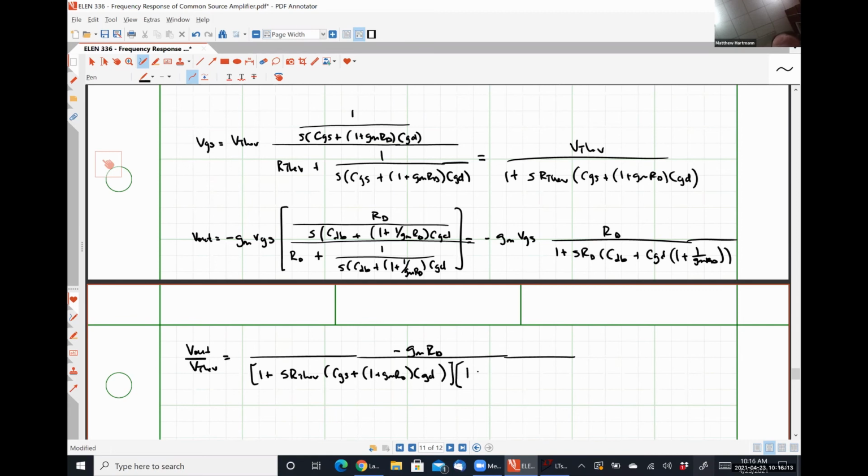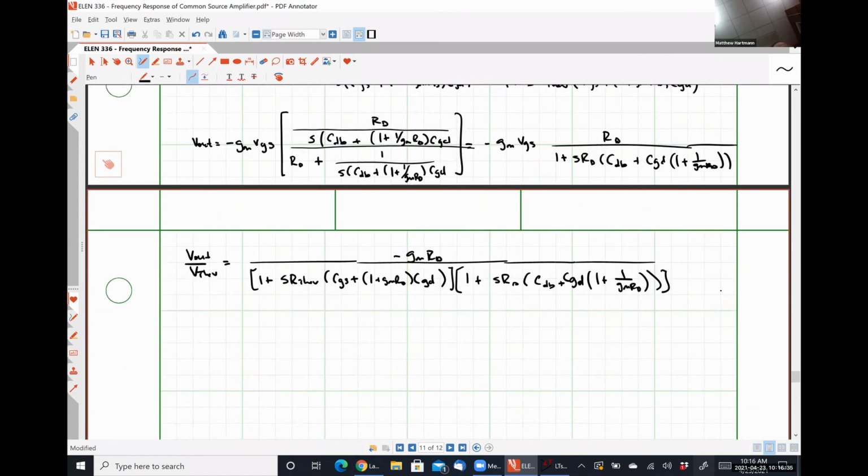And then over here, I have 1 plus SRD. Sorry, this should be CDB plus CGD times 1 plus 1 over GMRD, close parentheses, close brackets,